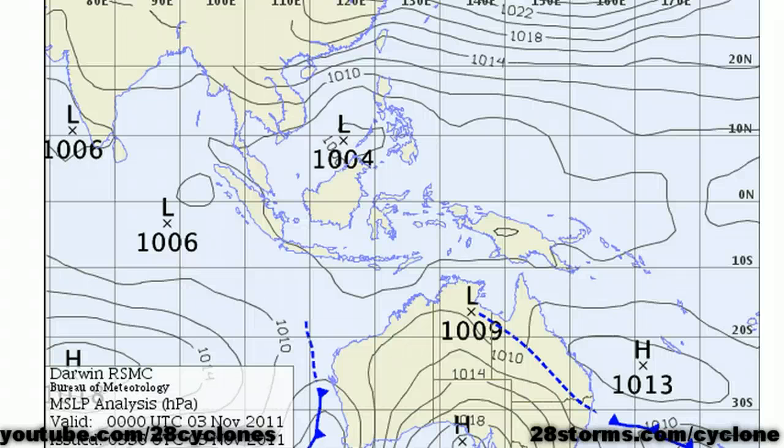The tropics continue to be relatively quiet, but there are a couple of features on the maps today. The first one is this weak trough that's located over much of the Northern Territory, and as you will see on the radar and satellite, that is causing some periodic shower activity, but for the most part, the weather conditions are fairly quiet down here in the Southern Hemisphere, and there is also another front beginning to move into Western